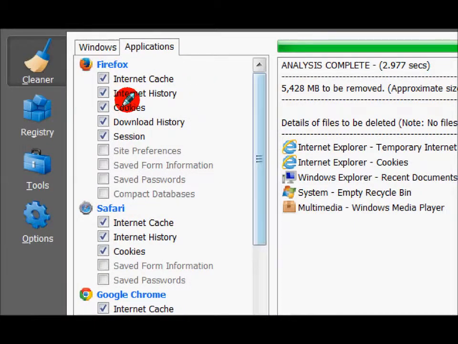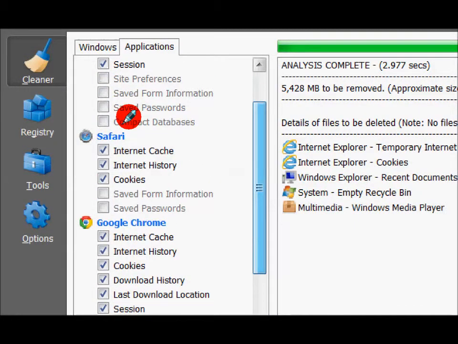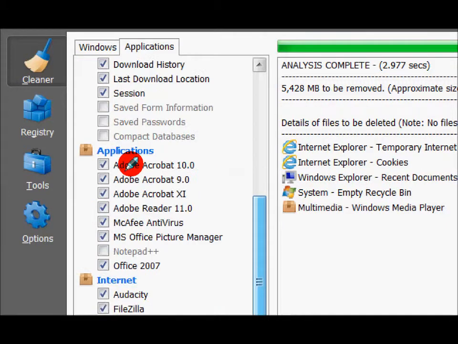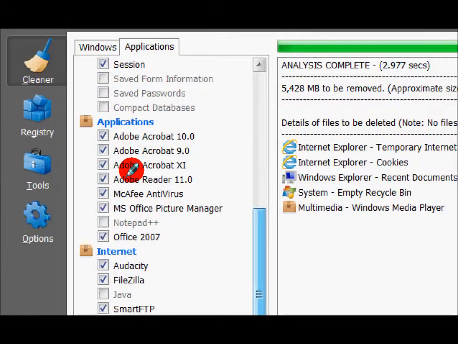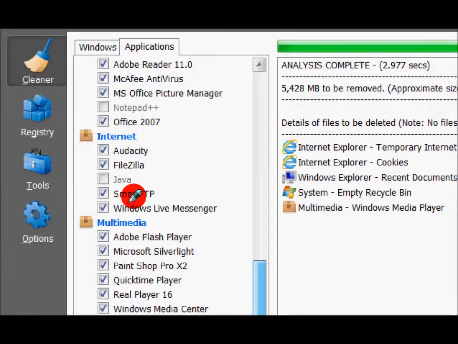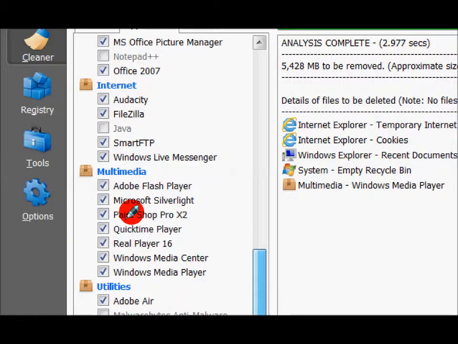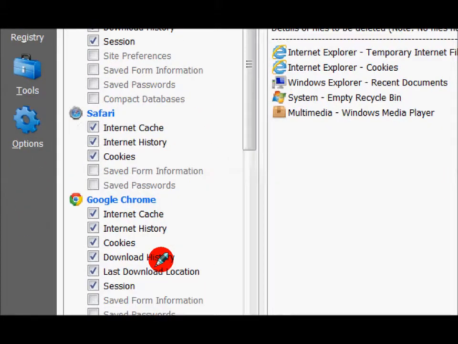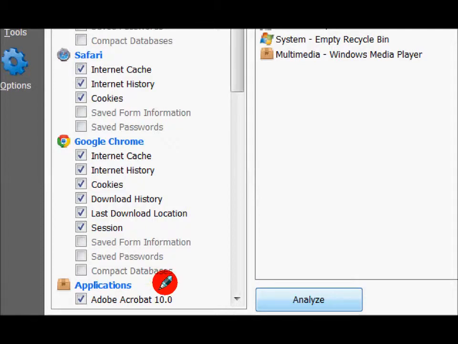Under the Application tab, we have all our web browsers, applications like Adobe, McAfee, MS Office, Office 2007, Audacity, FileZilla, Smart FTP, Windows Live Messenger, all of those at one point or another create temporary files or caches. So you click on Analyze,